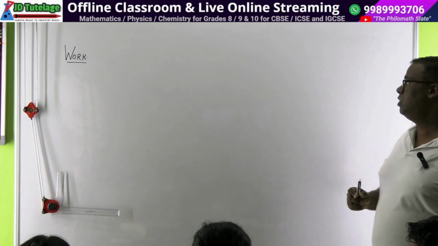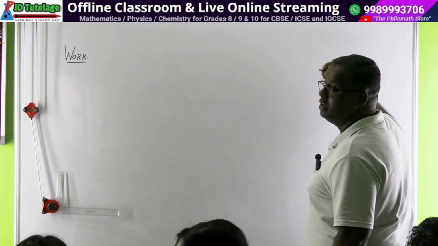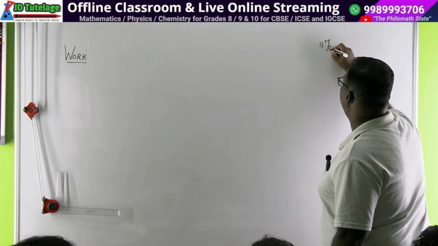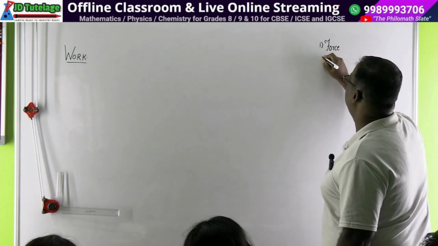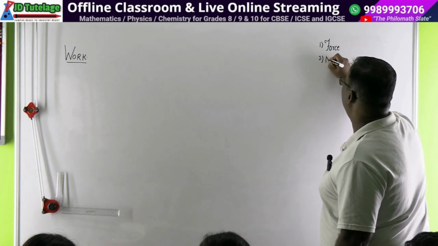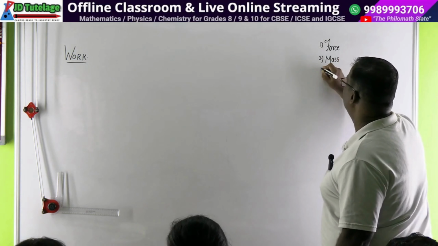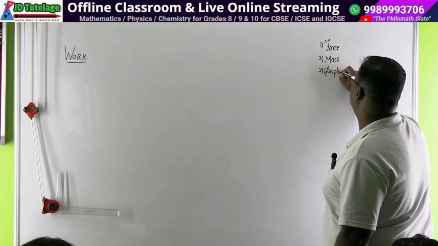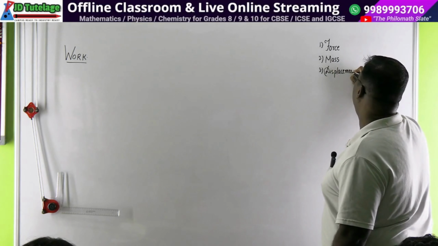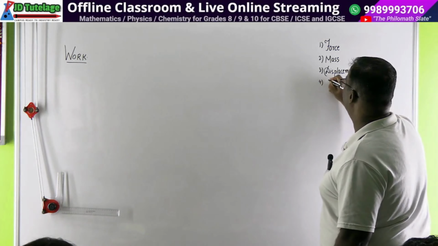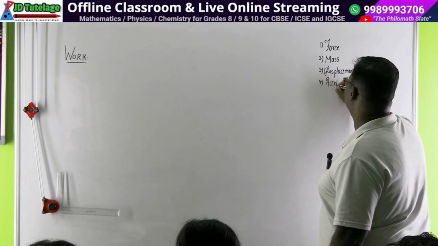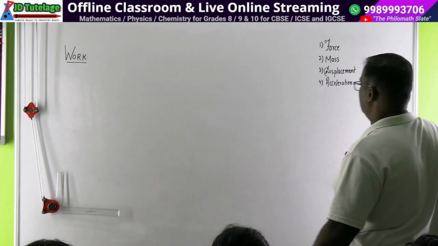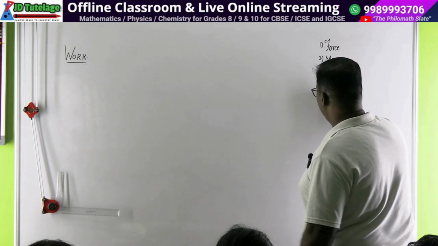In order to understand the chapter of work, you have to have basic knowledge. You should know what force is. You should be clear about force, about mass, about displacement. ये तीन तो एकदम आपको क्लियर होना ही है. अगर यहाँ पे कोई लफड़ा है तो अभी भी पूछ लो. And you should also be clear about acceleration. And the next topic, though the topic is work, energy and power, we will have a prelim talk also